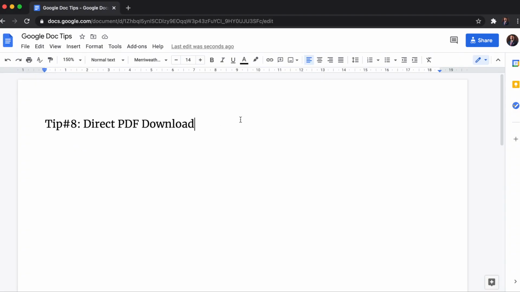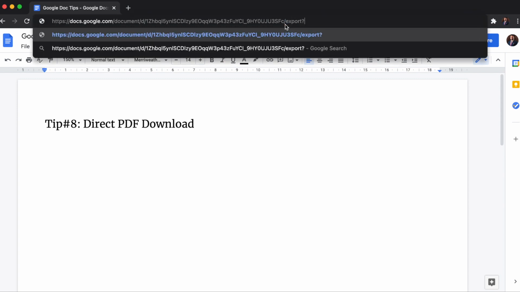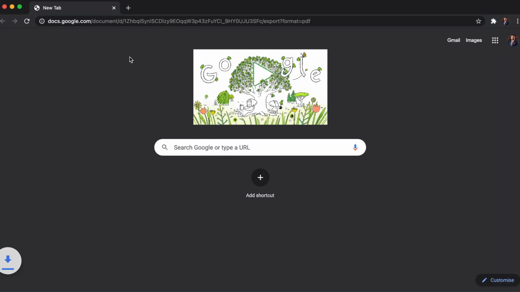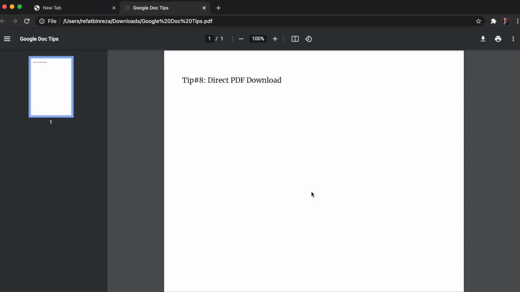You don't have to make a PDF out of a Google Doc every time you need to send a PDF to someone. You can again change the text in the URL into export format equals PDF. You can now just send this link to anybody, and now when someone clicks on the link, a PDF file will automatically be downloaded. It's so useful because you don't have to make a PDF yourself, download it, attach it to email, and then send it. By removing all these extra steps, this feature absolutely saves a lot of time on both ends.